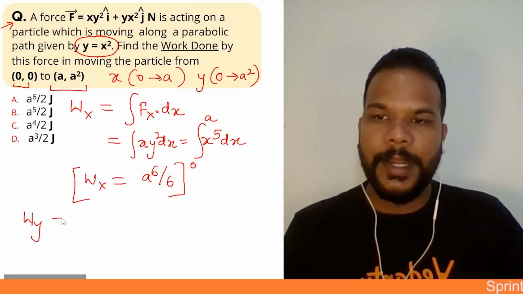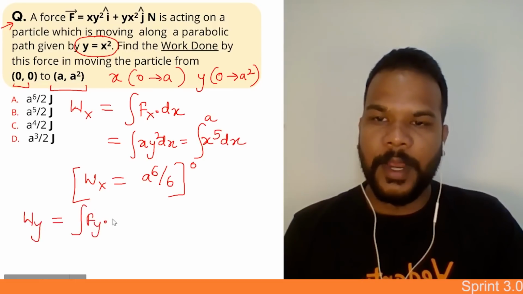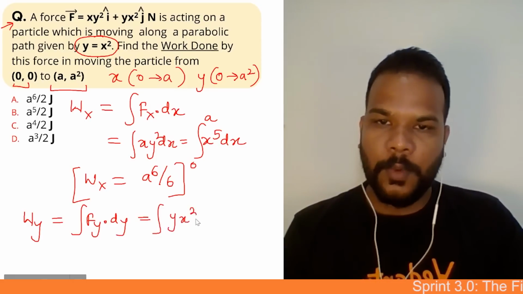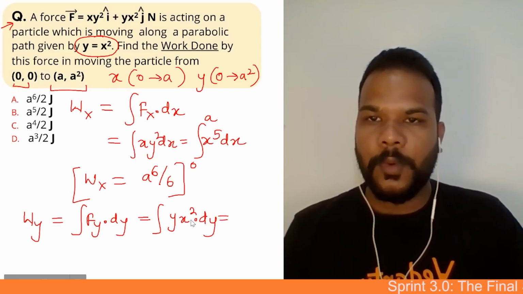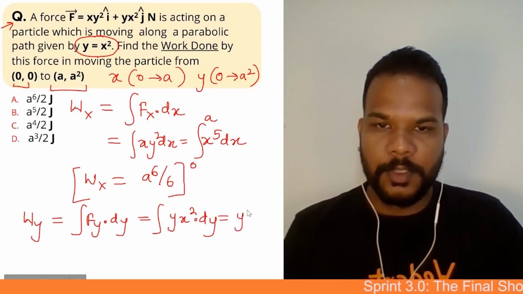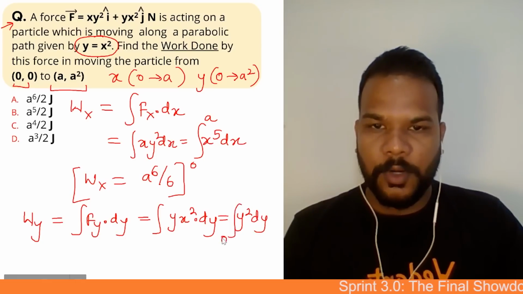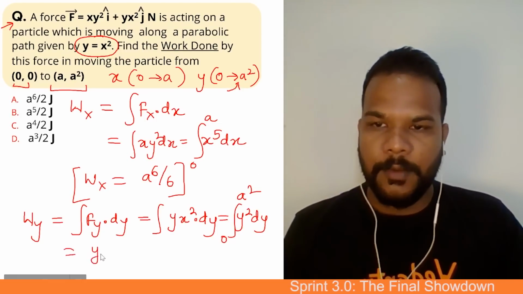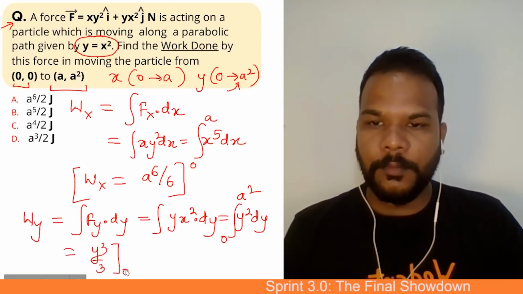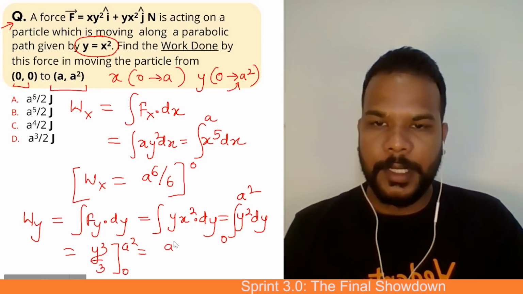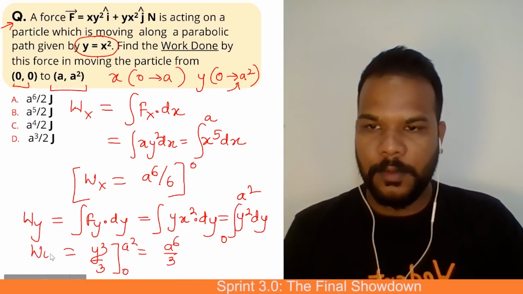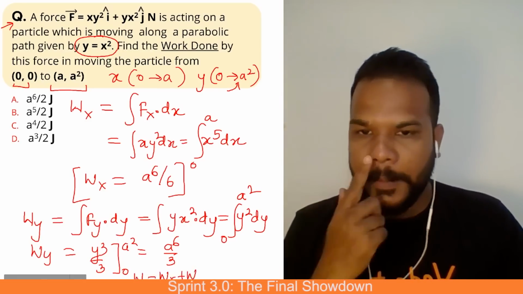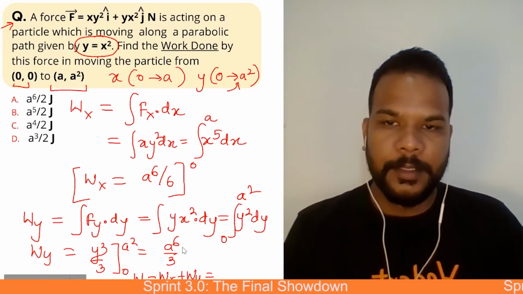Similarly, work done along y direction is integral of fy dy, and fy is given to us as yx square dy. So x square can be replaced as y. So this becomes y square dy going from 0 to a square. तो ये आ जाएगा y क्यूब बाई 3 फ्रॉम 0 टू a स्क्वायर, तो ये मिलता है a to the power 6 by 3. Okay guys, so total work done is wx plus wy, and when you simplify that you